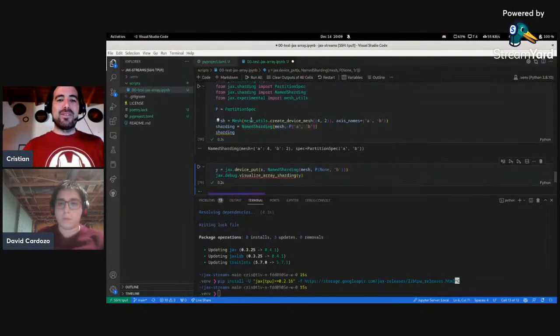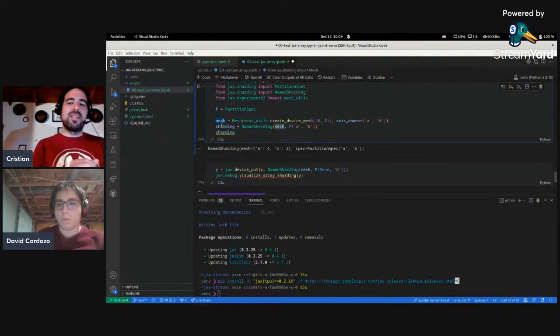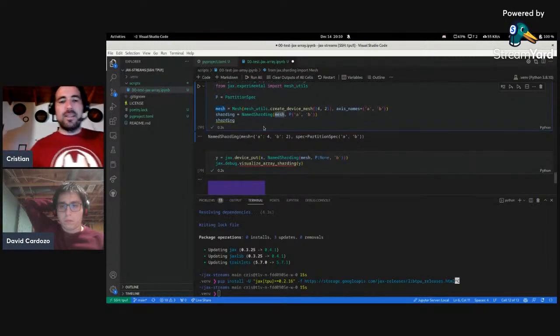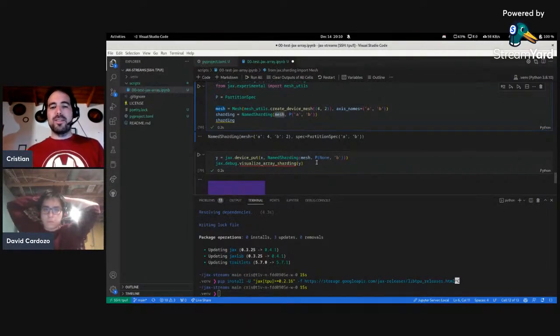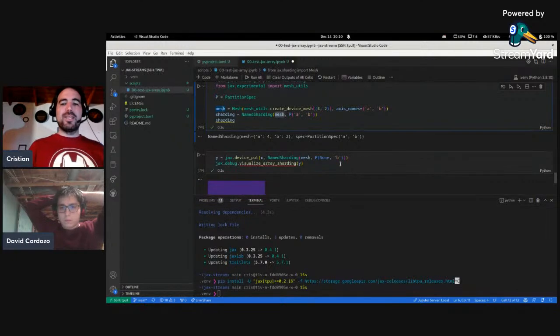The downside is that you have to create the mesh and keep it around. You play with the logic of how you name your axes when creating the mesh. Yeah, I mean, this is not bad. I guess at the beginning of the program you define the mesh, and the mesh is just kind of the optimal configuration, and then you'll just be putting data according to the name sharding, and then maybe just because you gave names to the dimensions,